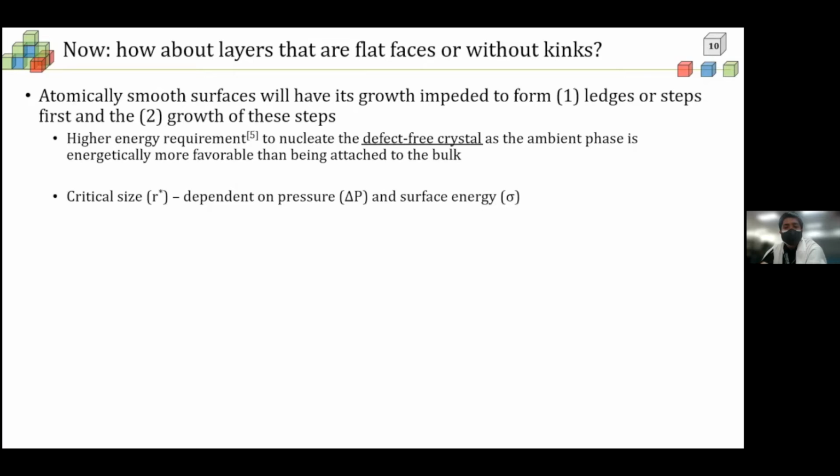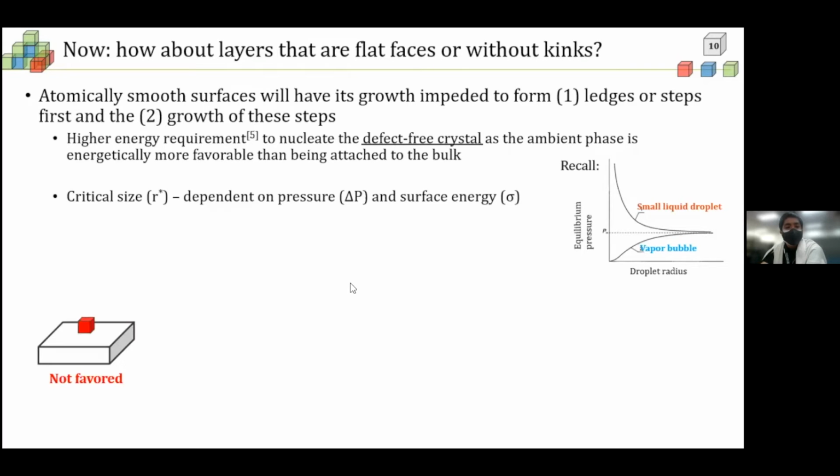And you can see, and also recall, that there is a critical size that depends on the pressure or concentration of the system and on the specific surface energy of that crystal. So also recall in our Laplace discussion that there is more or less a critical size before these kinds of crystals grow. So if you look at the diagram below,